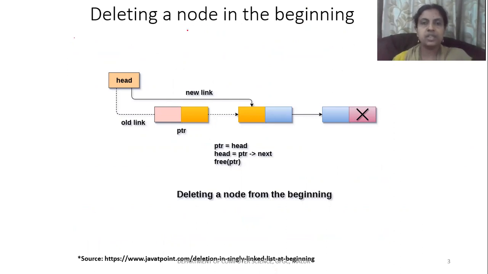To start with, we will discuss how we are going to delete a node at the beginning. So this is a memory representation of a single linked list. See, the first thing, we want to delete a node at the beginning. Beginning means our first node itself we want to delete. Who will carry the address of the first node? Head will have the address of the first node. So what we need to do, you need to find out the pointer of the head node.